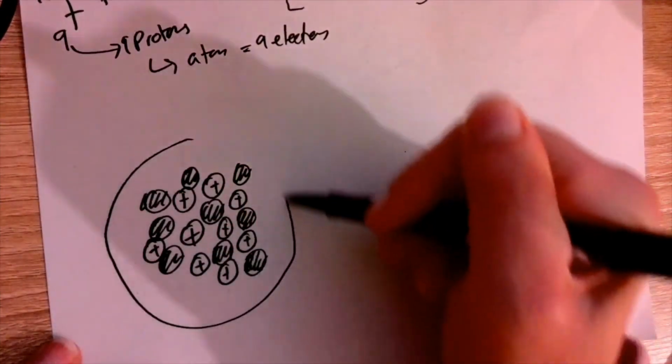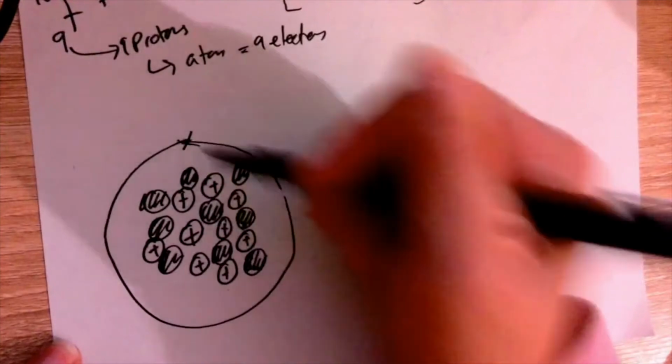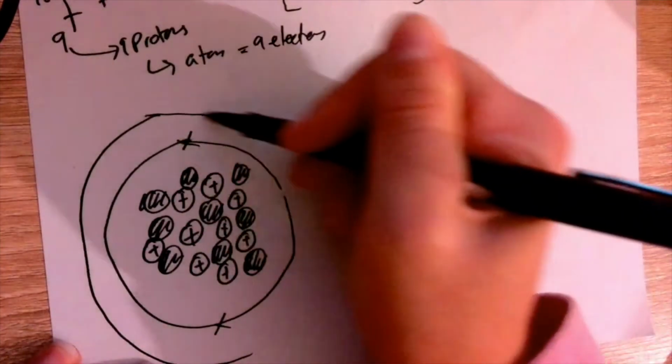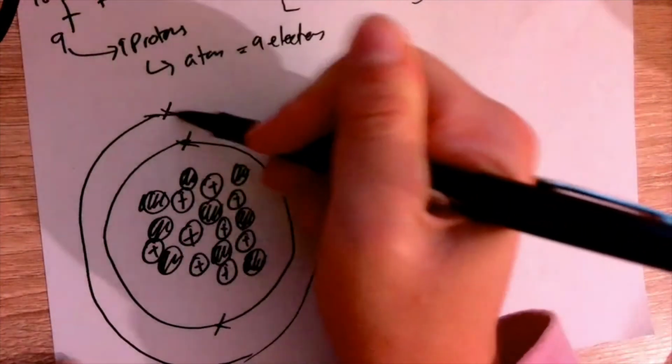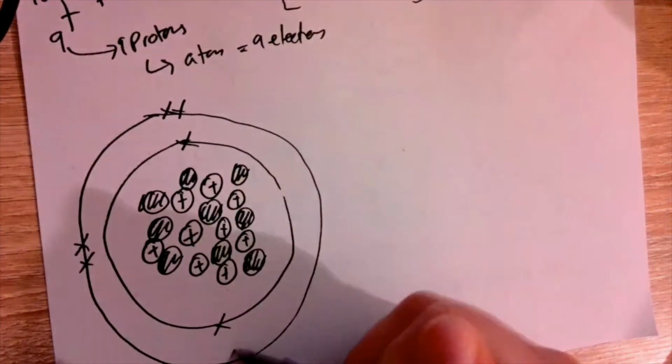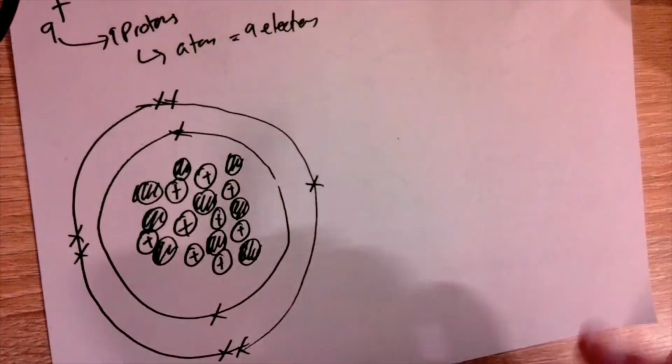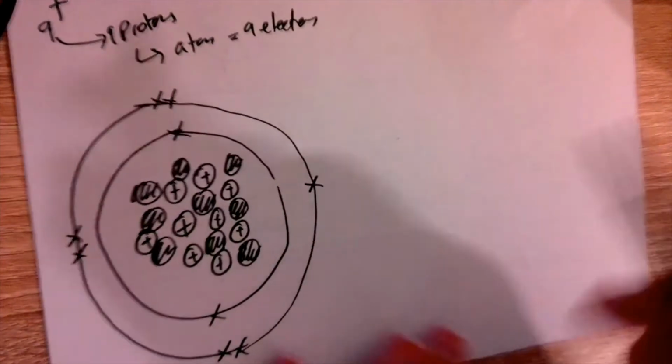So inner shell can only have 2. Our other shells can go up to 8. But in this case, we only need 7 in our second shell in order to make 9, so it's got 1 unpaired. For our ion,